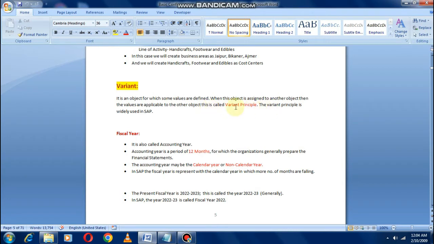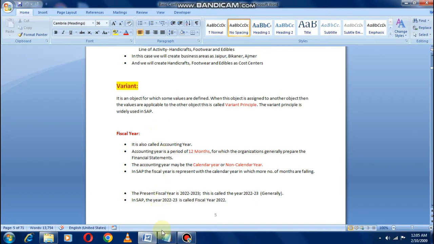The variant principle is widely used in SAP. So the variant is an object for which we define some values, and this variant is assigned to some another object, then the values we defined to such variant will be applicable to that object also.